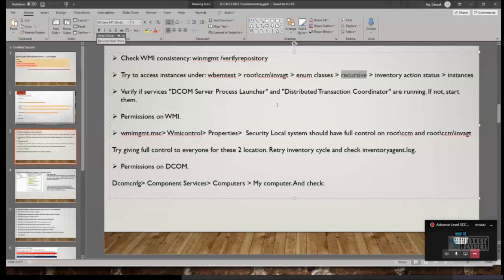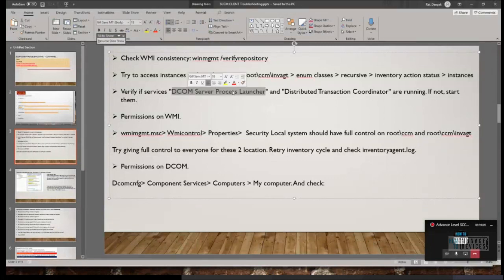Okay, coming back to the topic. So this is how you check the instances. This was what I was explaining for this particular step. Now, distributed COM, that is also called DCOM. All these are operating system core values. If it is broken, it is not an SCCM fault, it is actually your operating system fault. So instead of taking hold of the SCCM agent, you get hold of your operating system,